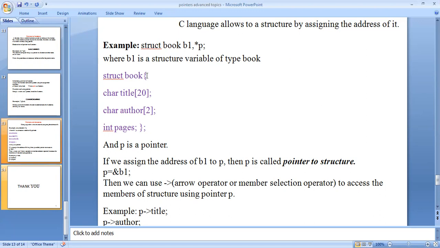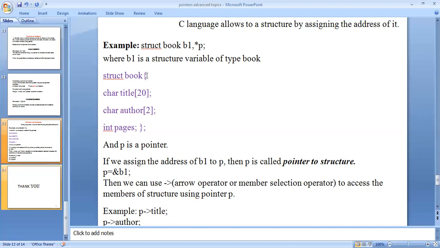I'm using struct. Struct is the keyword of a structure and book is the structure name. b1 is the variable. Structures are not allocated memory directly; when we declare variables, at that time memory locations are assigned to the variables. Here b1 is a structure variable of type book.